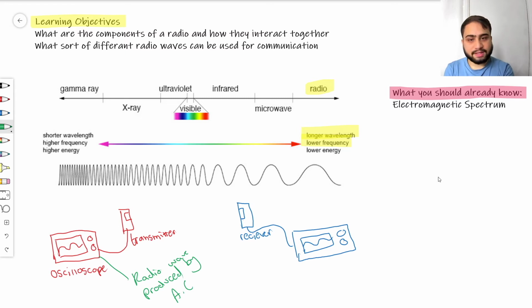Remember, all of these waves in the EM spectrum are transverse, which means that they oscillate 90 degrees to the direction of energy transfer. So the radio waves are produced by alternating current, and the frequency of the AC current is equal to the frequency of